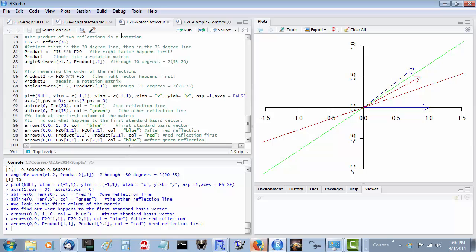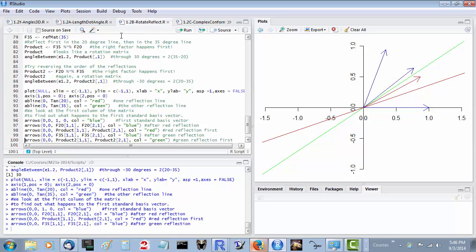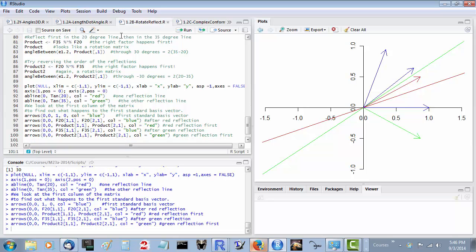Let's try things in the opposite order. First, reflect the first standard basis vector in the 35-degree line. Then when we reflect in the red line, we get the first column of the matrix we've been calling product 2. That's going to move it a whole long way. It's going to end up down below the horizontal axis, and we have succeeded in carrying out a clockwise rotation